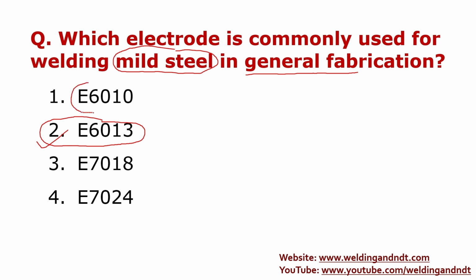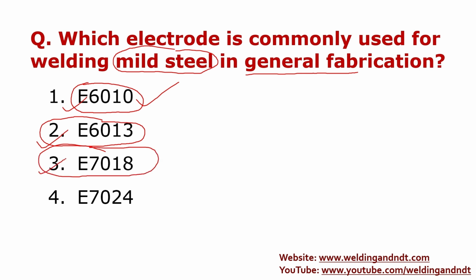E6010 is particularly used in pipelines, especially small bore pipelines where penetration is required. That is because of its ability of forceful penetration. We use it in the root run of small bore pipeline, and E7018 is also used in mild steel, but it